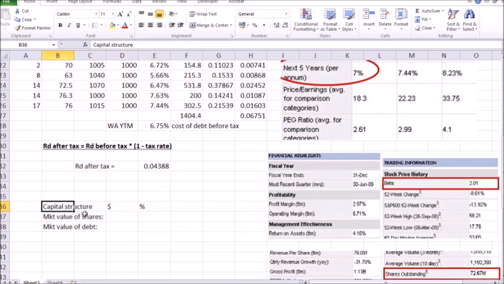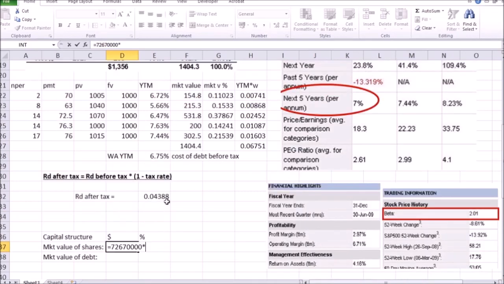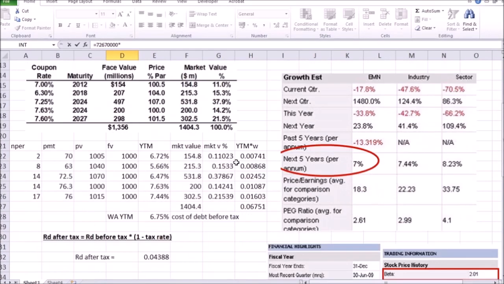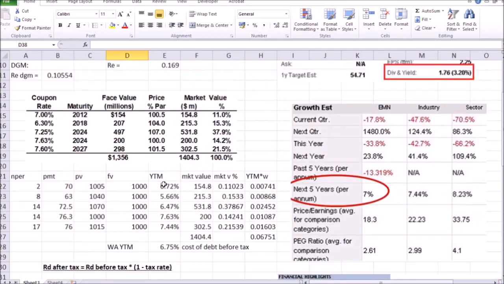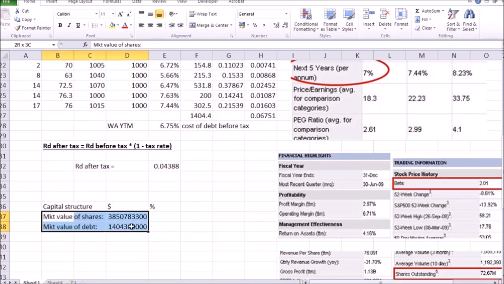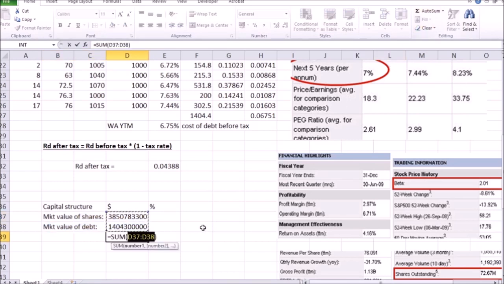So let's look at our capital structure, starting with the market value of shares, which will be the number of shares outstanding, which was 72.67 million shares, multiplied by the share price of 52.99. And the market value of debt is already given to us in this table. Next, we will use the percentages of these dollar values as weights for the weighted average cost of capital. So let's have the sum and the percentages,